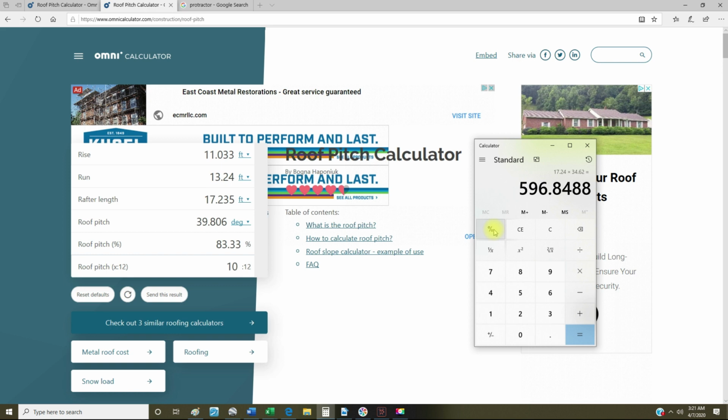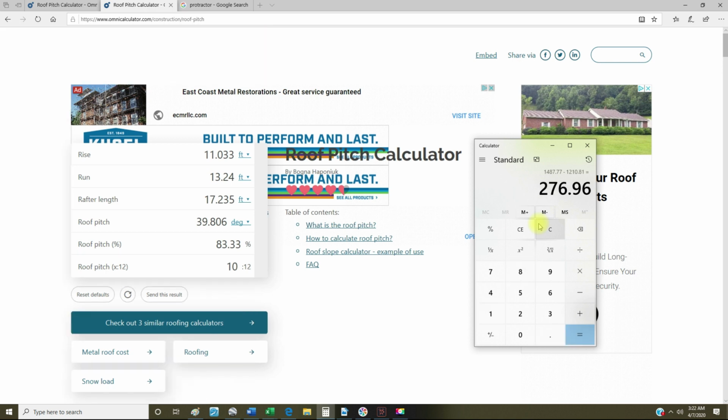So let's go ahead and mark out our other numbers here. 596.85, plus our porch, 149.4, plus 144.67. So we are at 1487.77. Now our original number that we got was